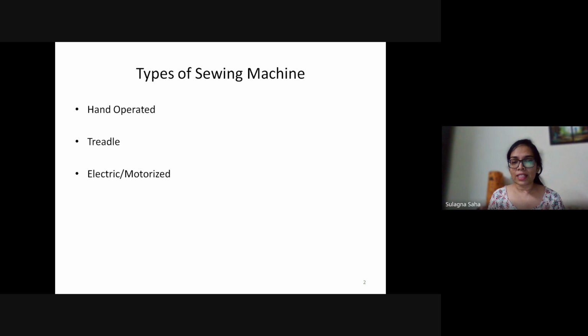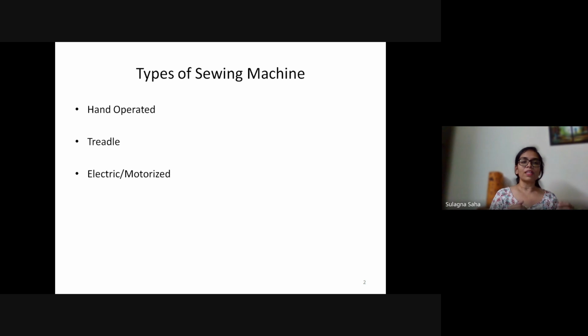The word treadle essentially comes from the feet movement that we do. So the hands are free here. The machine is placed on a stand, and it has a treadle, so there are wheels on both sides, and then there is a pedal which is moved by the movement of the foot. Your foot moves front and back, and as your foot moves front and back, the machine moves. This is faster than our hand operated machines, but not as fast as we would want it to be. But the advantage of this machine is that it frees up both your hands.